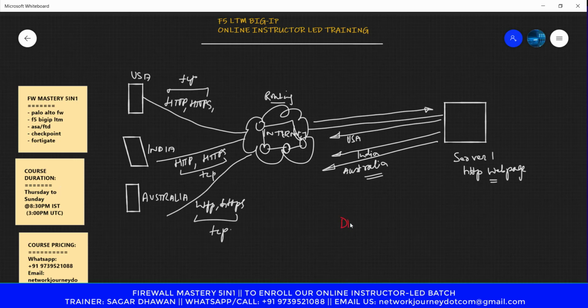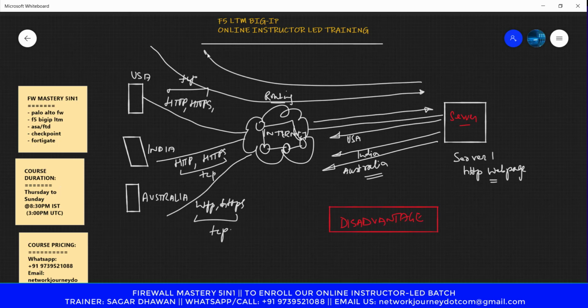Everything looks good and smooth. So what would be the disadvantage of this model, just a server? The disadvantage is that as more connections start flowing, and many more replies go back, the server will definitely get exhausted.